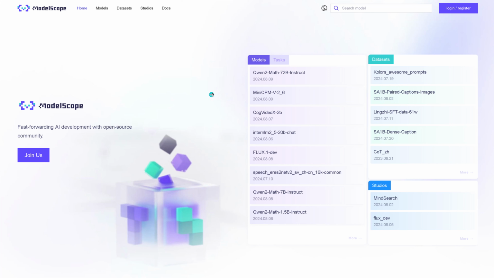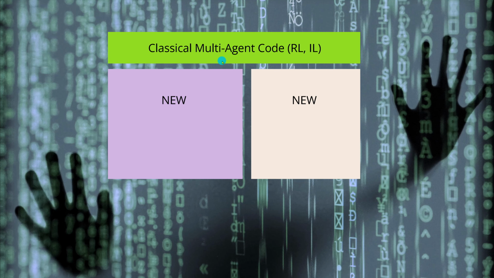Whatever you want to choose, the code is available for you. Whatever you feel comfortable with, whatever you say, hey, I would like to try this, this speaks to me, I like the way they code. Follow this route. Go with the code that you prefer because, believe me, it will be a long journey. So there you have it. Multi-agent code in all available forms. The classical code, and a completely new code implementation just 2-3 days ago. So I guess you have a big portfolio, a huge portfolio of code implementations that you can choose for your particular code.